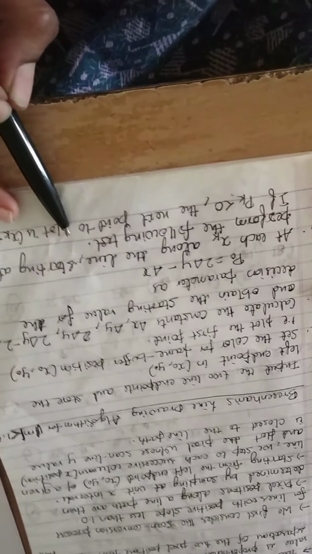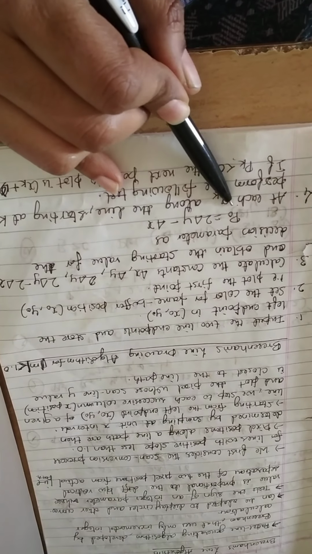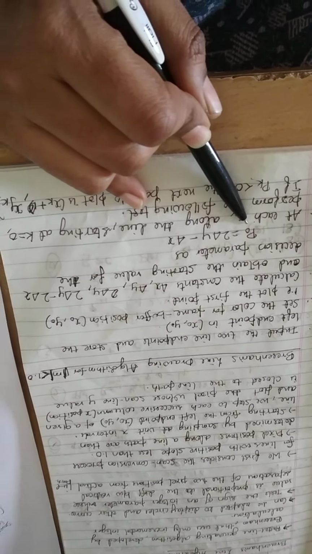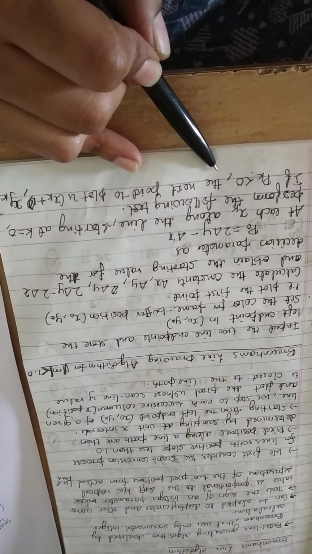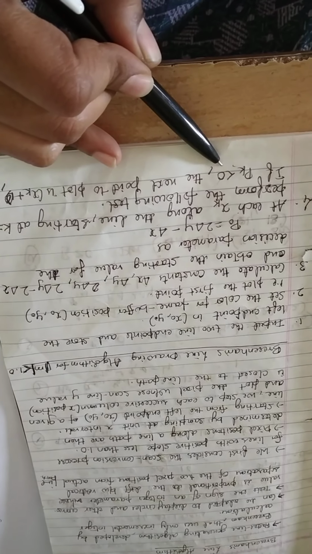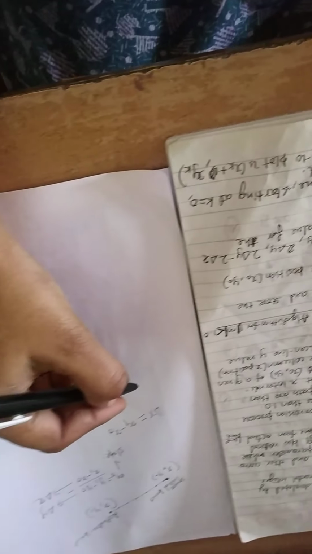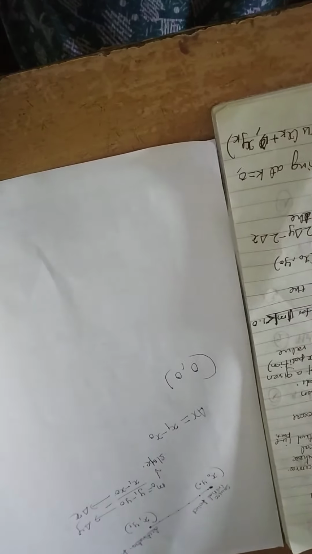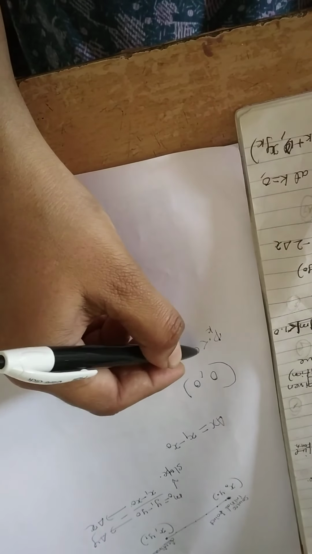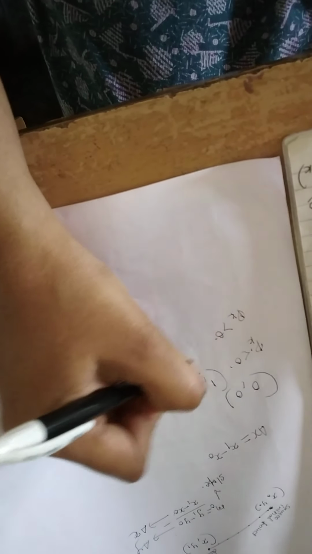So it is simple. You first calculate your slope, then you calculate your decision parameter, and based on this decision parameter you check what is the next point to be plotted. So how do you check the next point? You just check your pk. If it is less than 0, assume that your current point is 0, 0 and your pk was less than 0, then you will plot your next point as 1, 0. Or if your pk is greater than 0, then you will plot your next point as 1, 1.